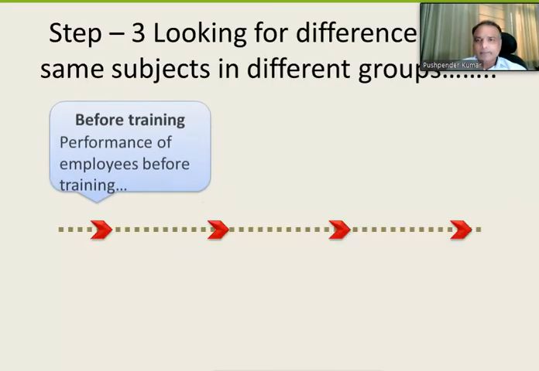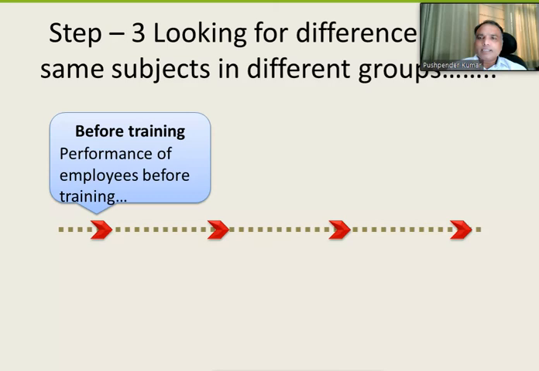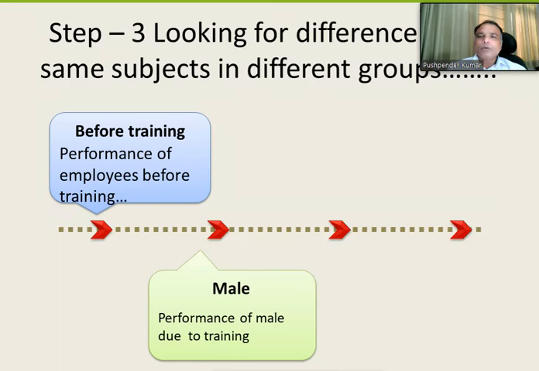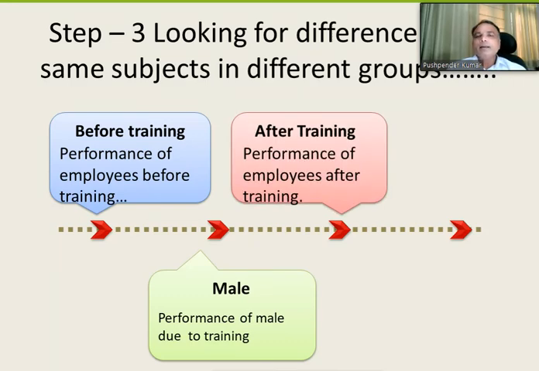Let us see here. So first, before training, there is one thing, before and after training. So before training you want to see the performance of employees. Second, whose performance? The male performance. Then after training you want to see the performance, so that was before and then after. Whose performance?